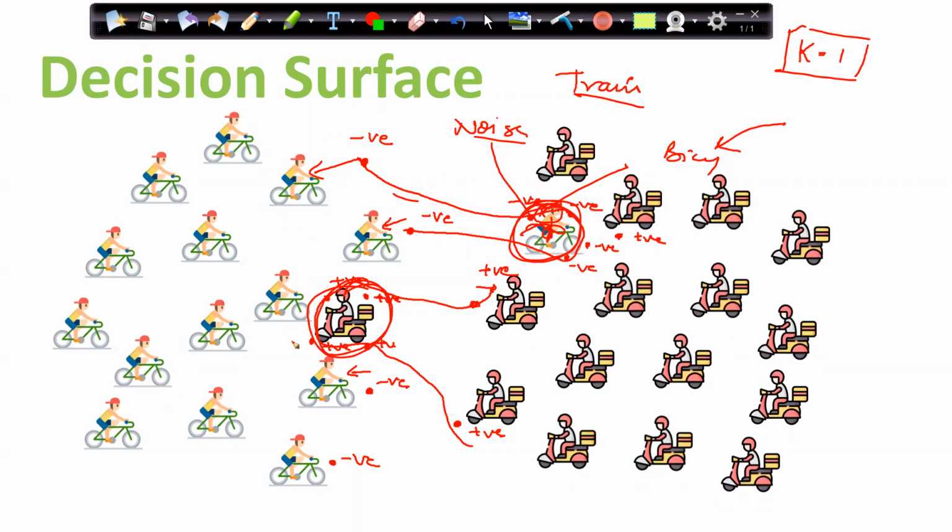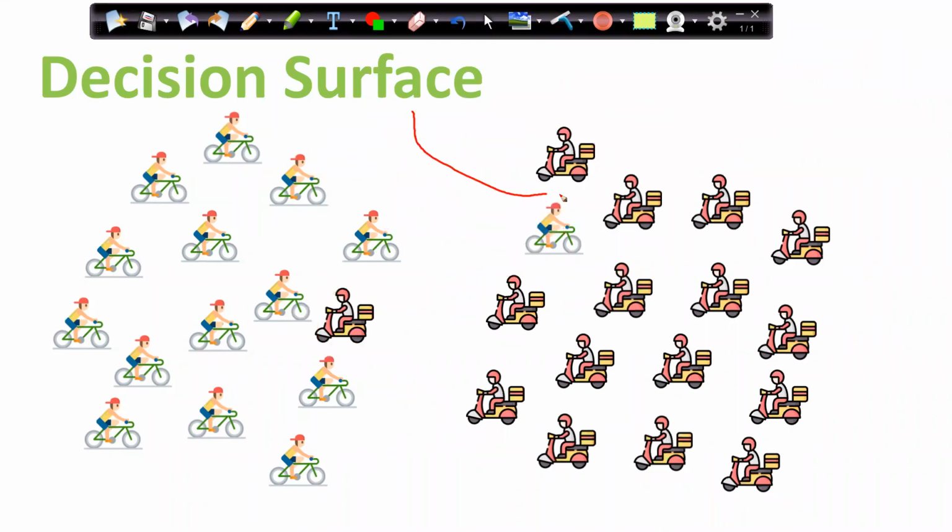Here, because of the overfitting, the chances are more that when the test data comes, if there are no outliers, it will do the wrong prediction. So when we are going with k equal to 1, I am overfitting my model, which will lead to wrong prediction because I am forcefully trying to adjust this noise data also in that surface, in that line, basically, right? I am forcefully trying to adjust these guys, which are outliers.